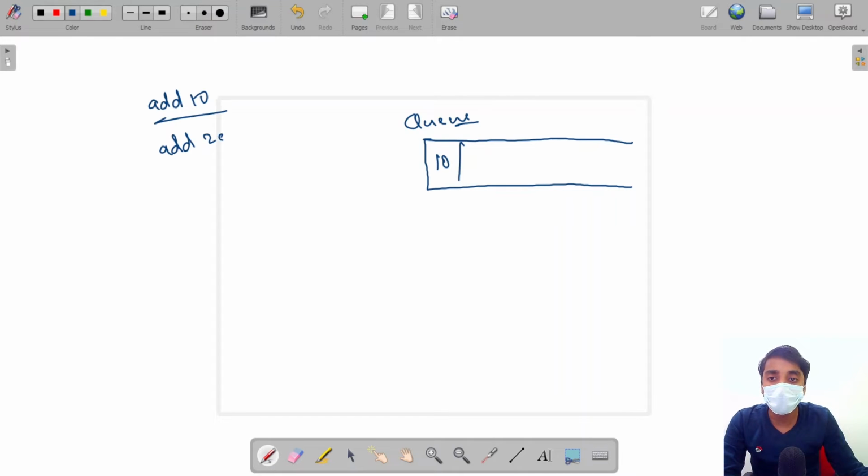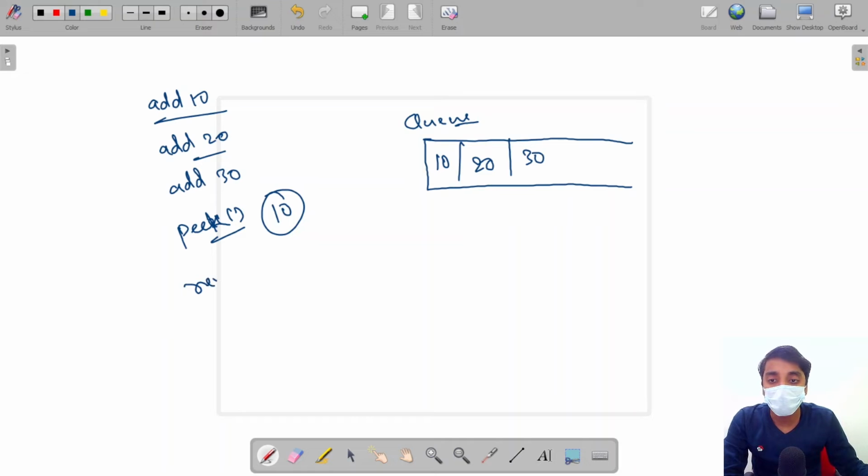Now we add 20, it will be added from the last of the queue. Now we add 30, it will be added from the last of the queue. Here we can see the adding of elements is from the last of the queue. Now if we ask for the peek value, it will give us this 10 value.